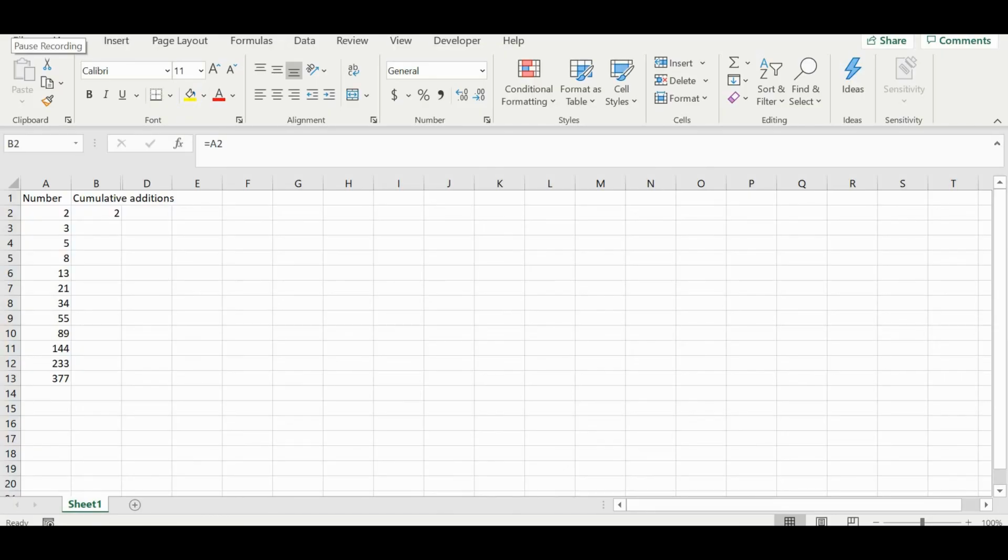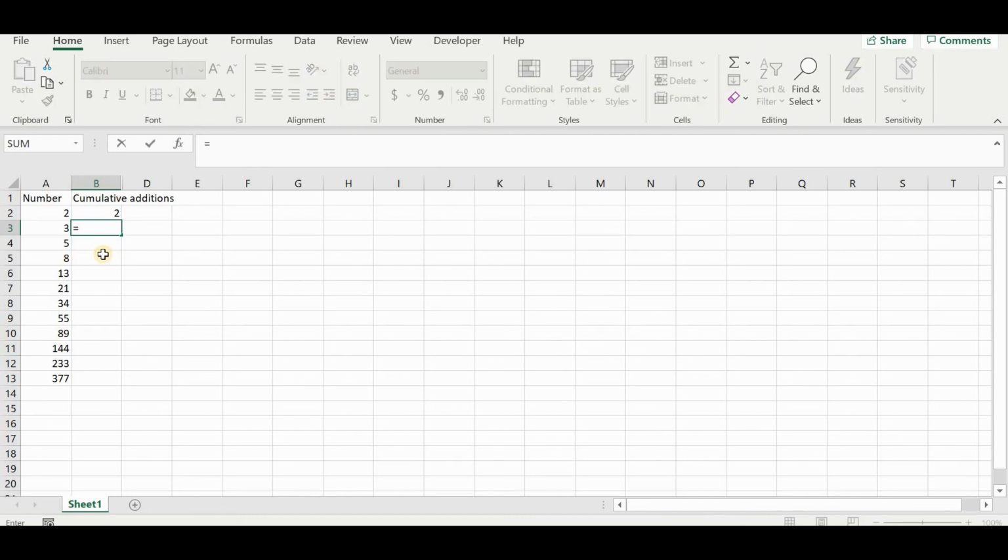In this tutorial, let us learn about how we can have formula autofill. Let us say that we have these numbers here: 2, 3, 5, 8, 13, 21, etc. Just come here and you have equals A2, which means the value 2 will be shown here. Now you want to add these up such that it shows 5, then 5 plus 5, 10, then 10 plus 8, 18, etc. So how can you do that?